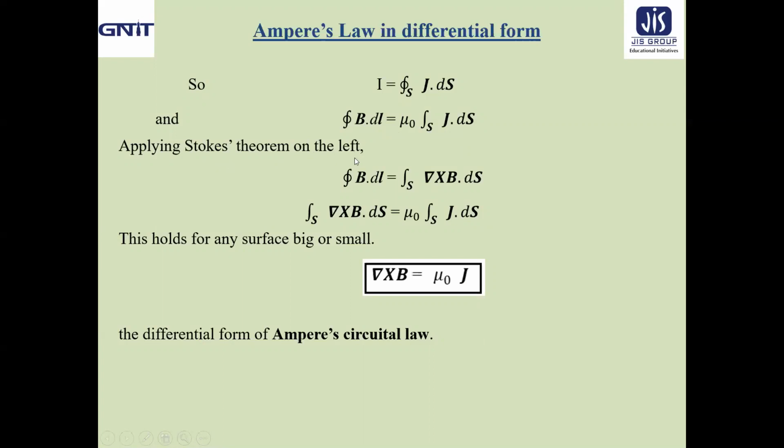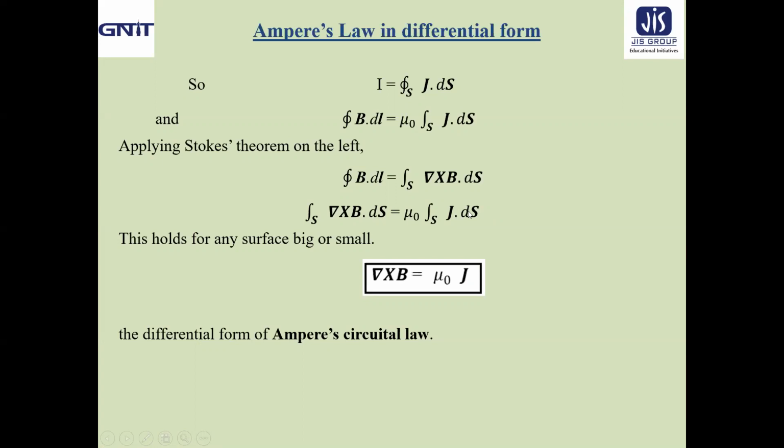Let us now apply Stokes theorem on the left, because a closed loop and an open surface are related here. B dot dl according to Stokes theorem gives us del cross B dot ds. That means curl of B dot ds over the open surface S, where ds is the areal vector representing n cap into ds. So B dot dl will be replaced by del cross B dot ds equal to mu naught J dot ds,